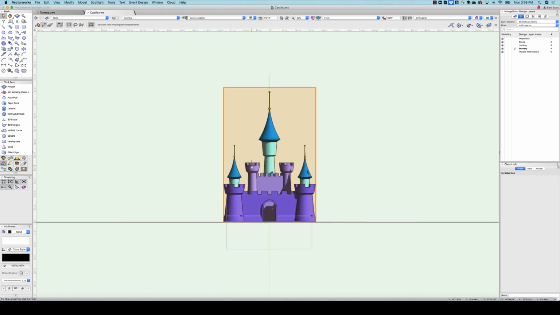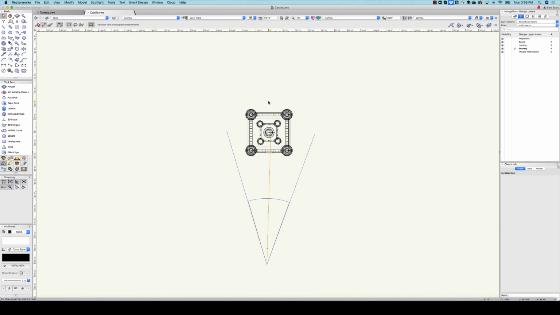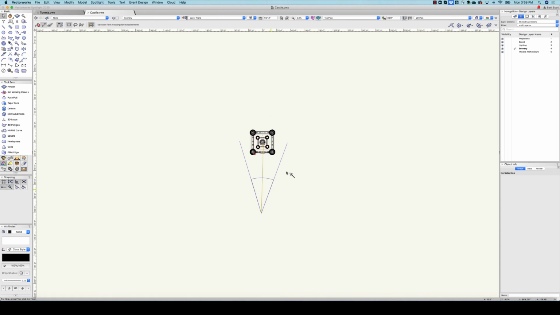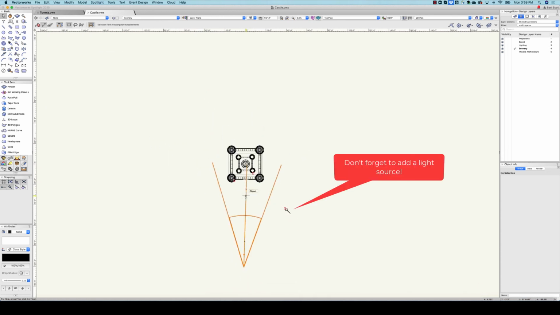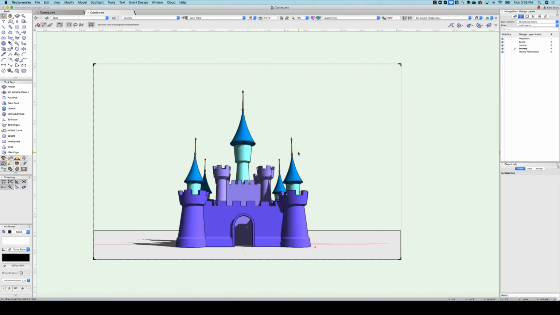But at any rate, once you've finished your castle, then you should use the same techniques that we used for Project 1. So create, if you want, a ground plane for it, or not, that's optional. Put in a Vectorworks camera and fine-tune it to create a perspective view of your castle, and then viewport that to a sheet layer,